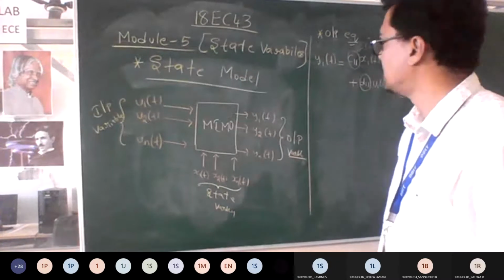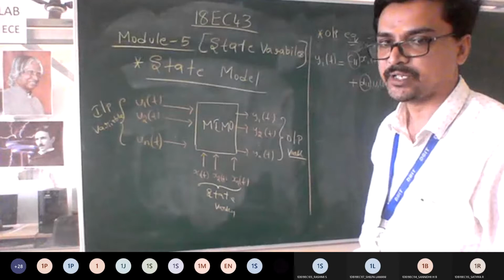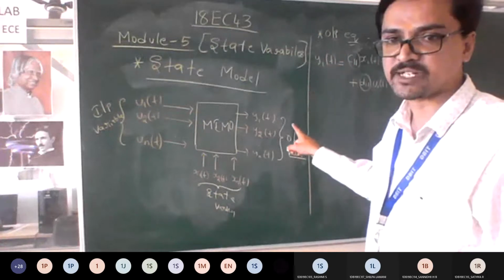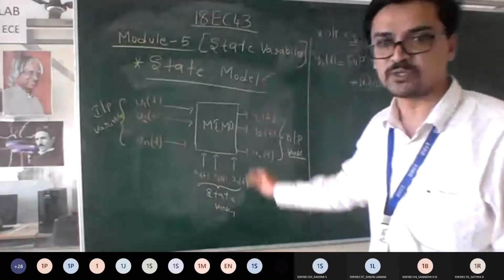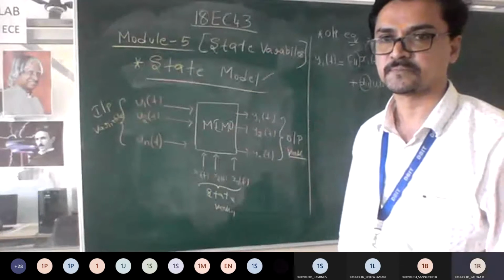Everyone, is it okay? We are trying to derive a state model where I need to get an expression for the output equation and the state variable equation. That combination of two itself is called the state model. That is what you are supposed to prove now. Am I clear till here? Shall I move on? Yes, sir.